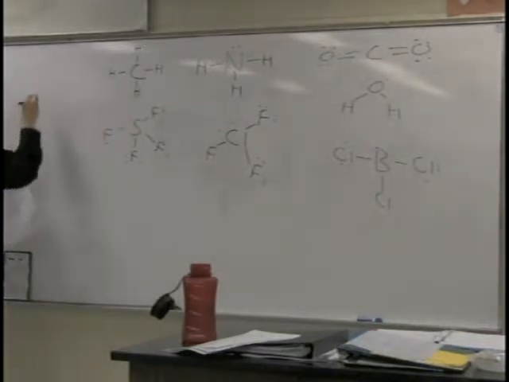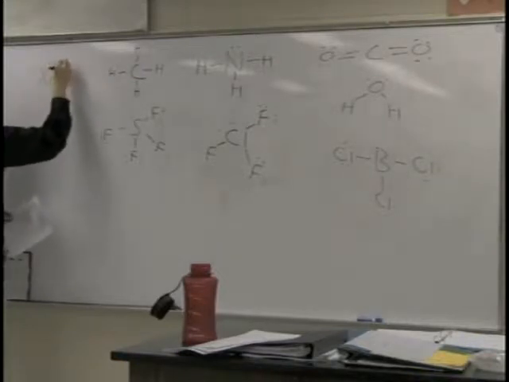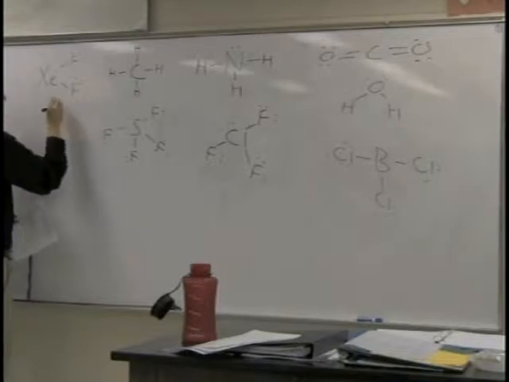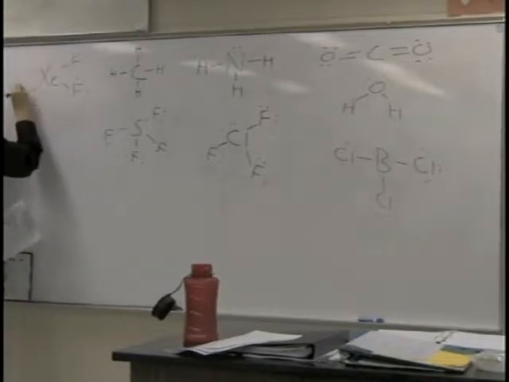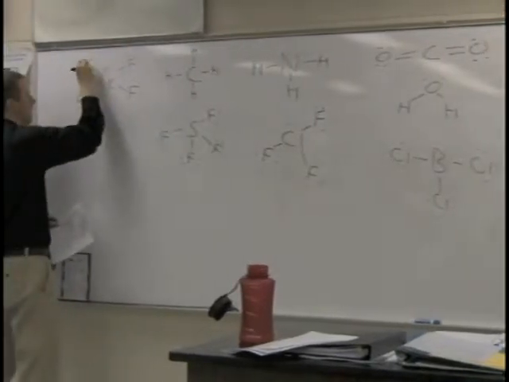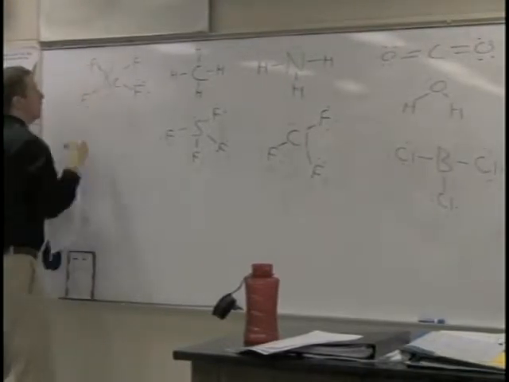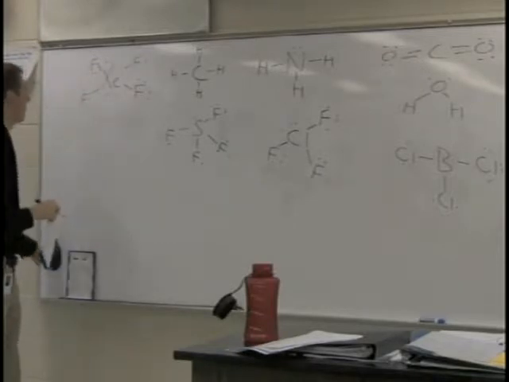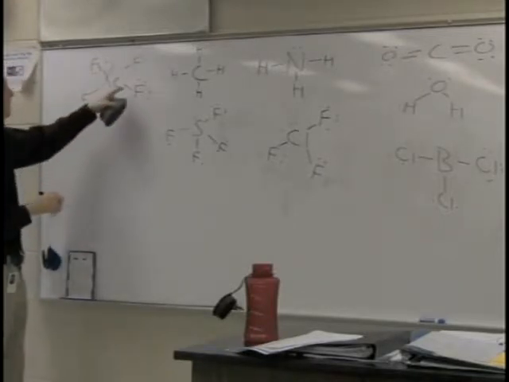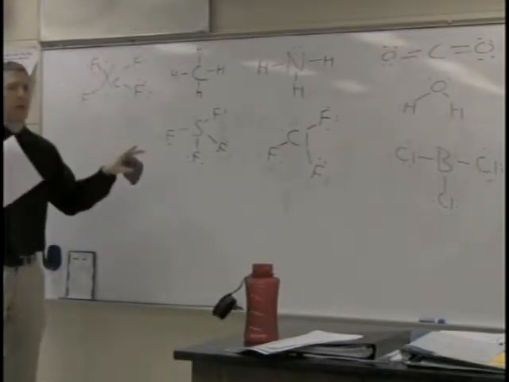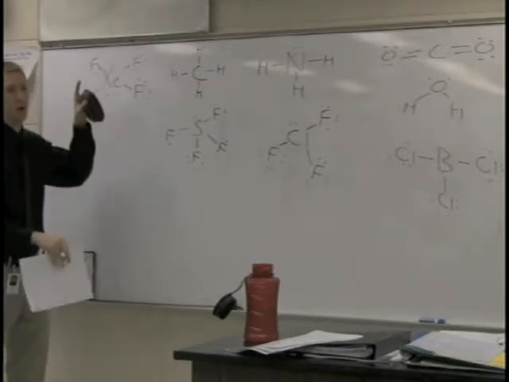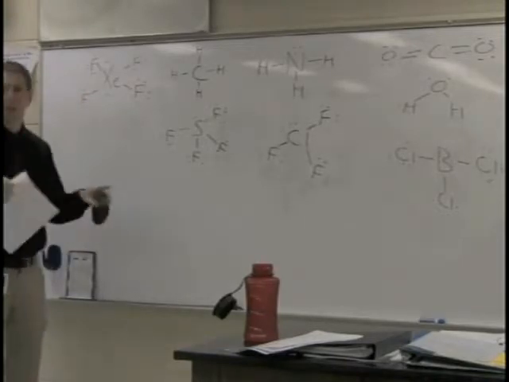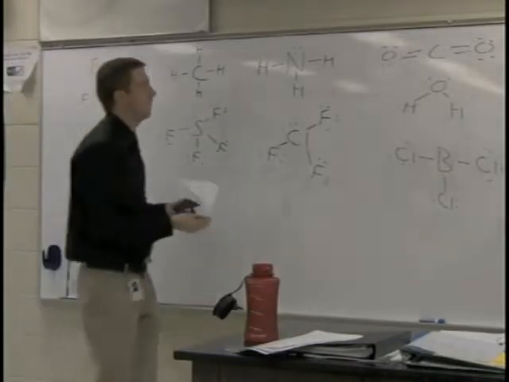Square planar is the last option. And in square planar, once again bonded to 4 things, but notice there's 2 pairs of electrons on the central atom. That 2 pairs of electrons is once again going to make the 4 bonded things be in a flat plane. Above and below are your electrons that are going to cause that to stay in what's referred to as the equatorial position. A couple more left on this sheet